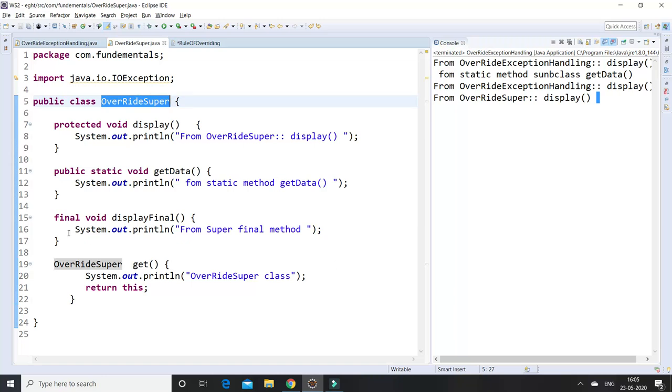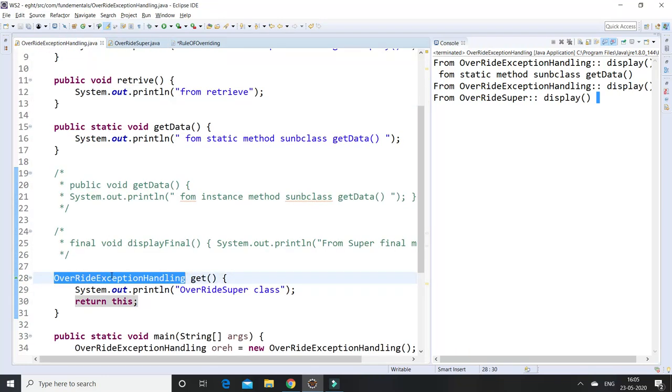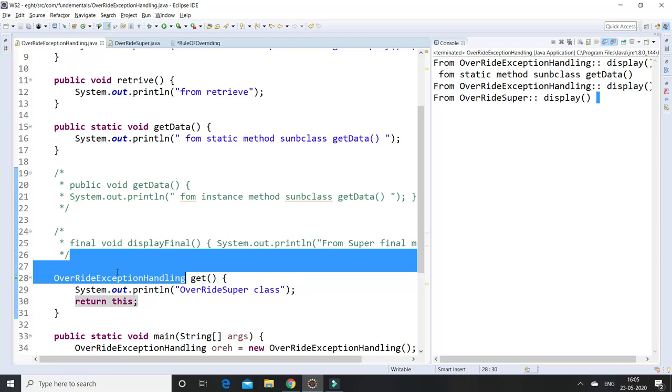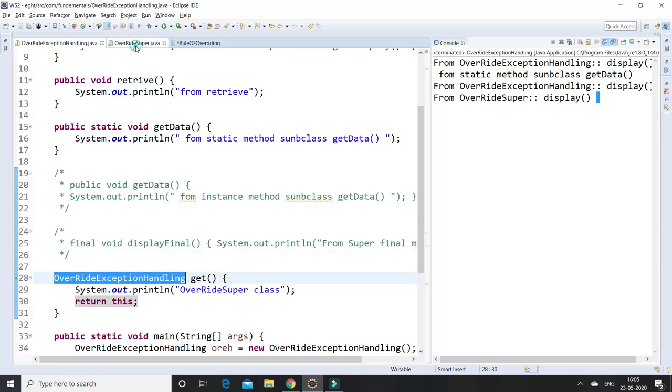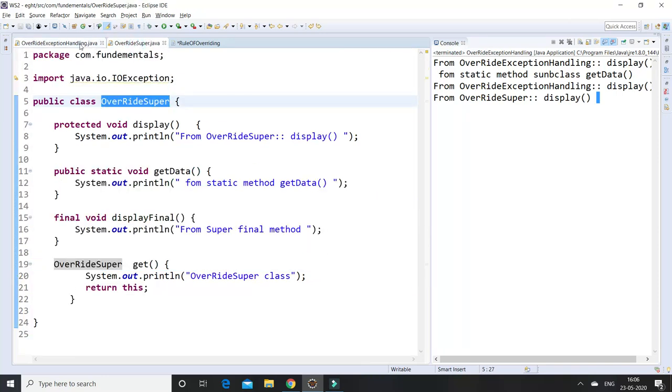What is meant by covariant is, whatever method is there, the get method, is present in both the superclass level and subclass level, but the return type is changing. So this is also called method overriding with covariant type. The subclass will always be a subclass object, and here is the parent class reference; that is called overriding.